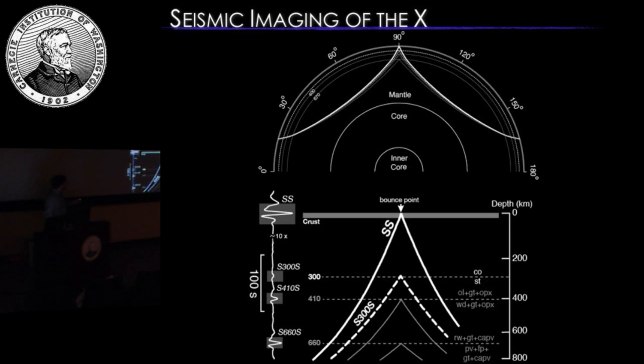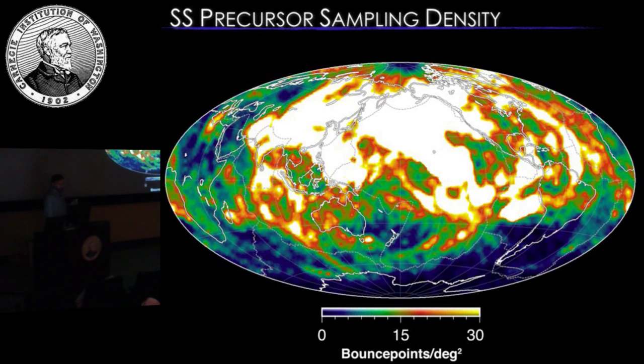You have an SS wiggle here. I think this is one of the few seismograms I'll show in this talk, but you have an SS wiggle here, and then preceding it by a few hundred seconds, you have little wiggles that are being formed by the reflections off the discontinuity. So we call these SS precursors because they arrive before the SS phase. And so the SS precursors are really nice because they let us go and sample large regions and vast